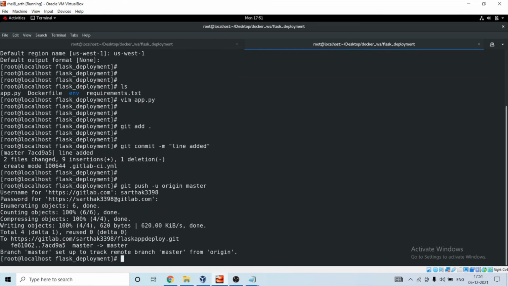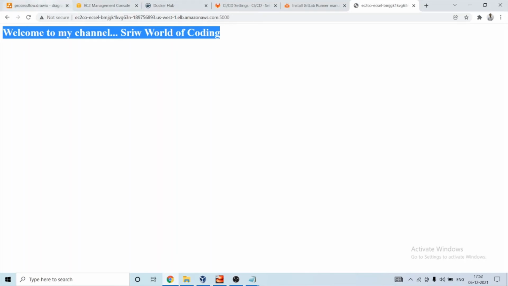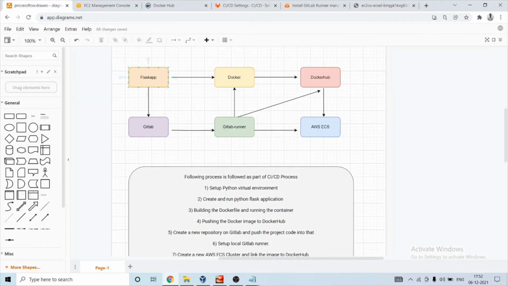Okay, so as we have made a new commit to GitLab, GitLab runner should automatically trigger and push my image version to Docker Hub, and automatically it will launch a new container with the new content.